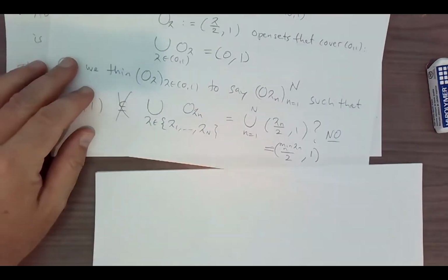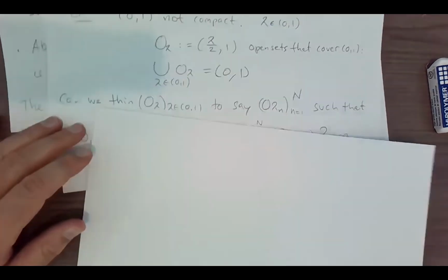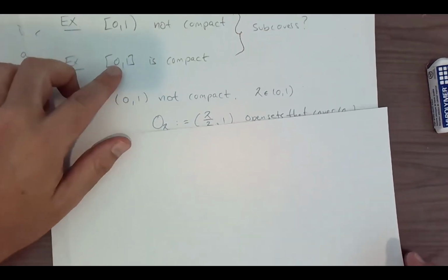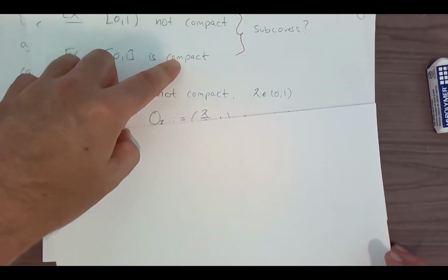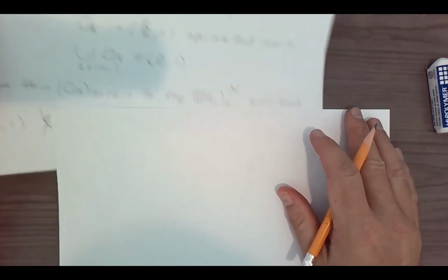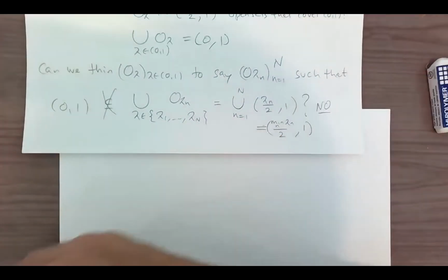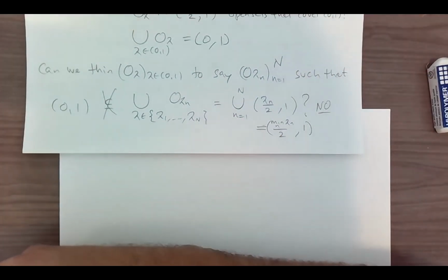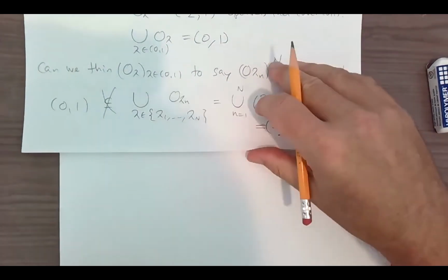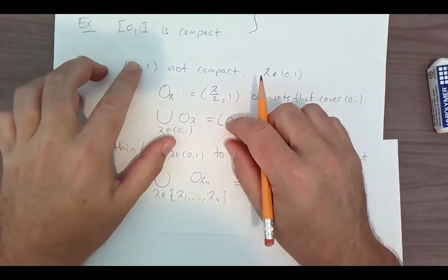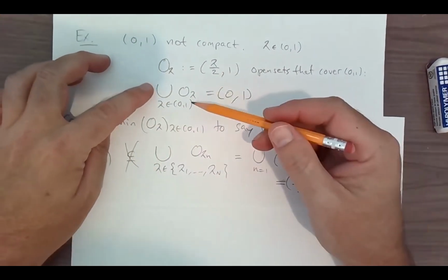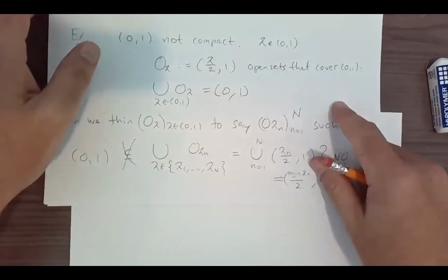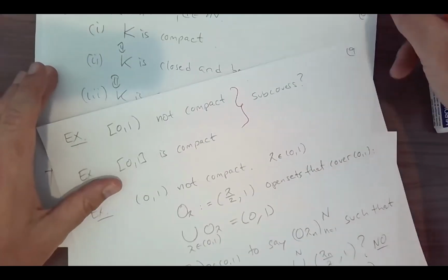Let's try to turn the situation around a little bit and maybe go back and take this one here. This is closed and bounded. Okay, so Priya, you want the union of the infinite cover to be a subset of the finite open cover. No, I don't want that. I want the original set, 0 to 1, the set that I'm interested in here.